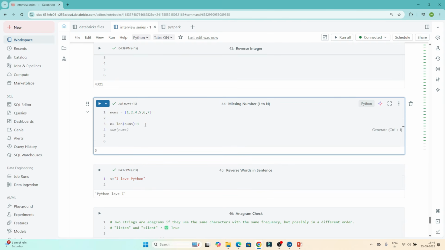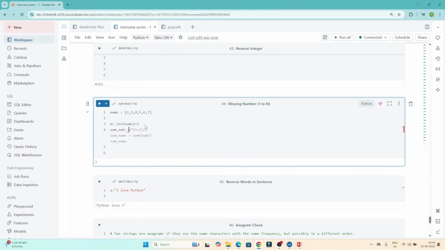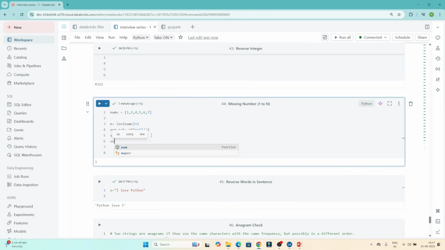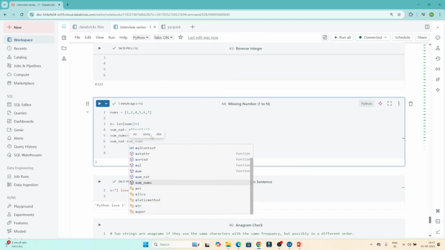Now I will do the sum of natural numbers. I will write sum of natural and use the formula n into n plus 1 divided by 2. I am also calculating the sum of nums, that is the sum of this list. So I am calculating n into n plus 1, which will give the total sum from 1 to 7, and this will give the sum of this particular list. Now if I do sum of natural number minus sum of nums,